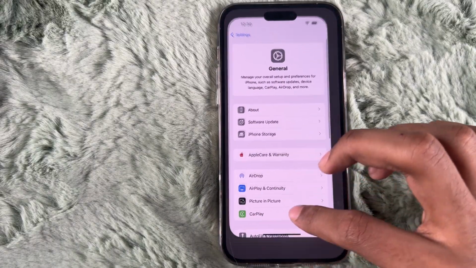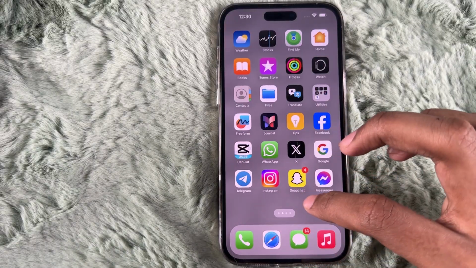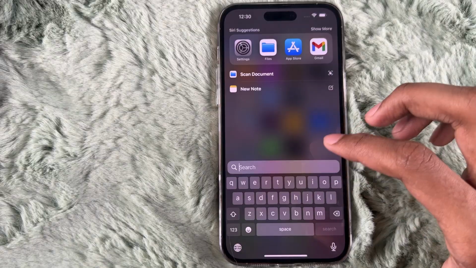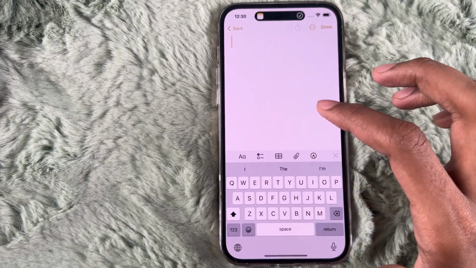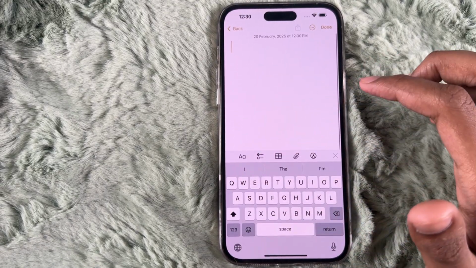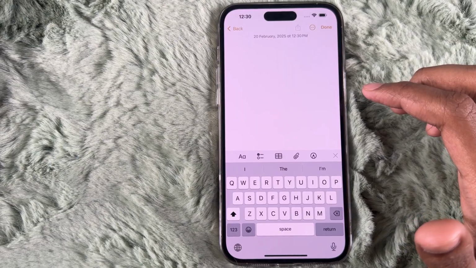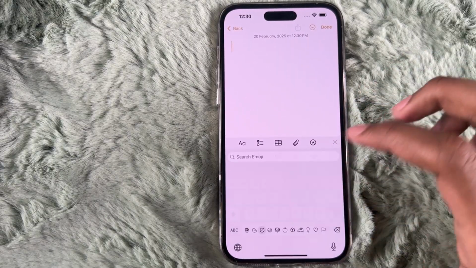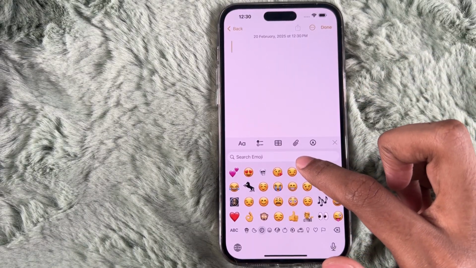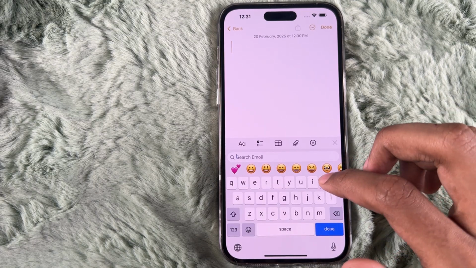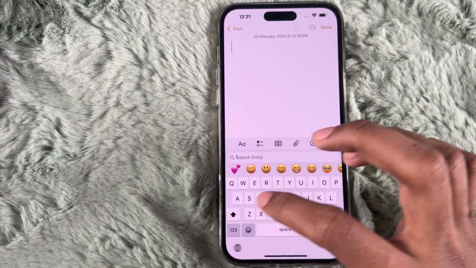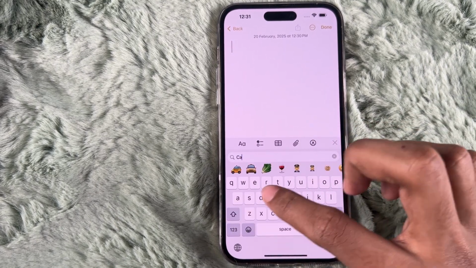Then let me show you how to create Genmoji. You have to open any messaging app on your iPhone. Like I am opening a new note here. Choose from AI generated options, like you have to click on this emoji action and you have to tap something like AI generated images. As an example, I am writing cat